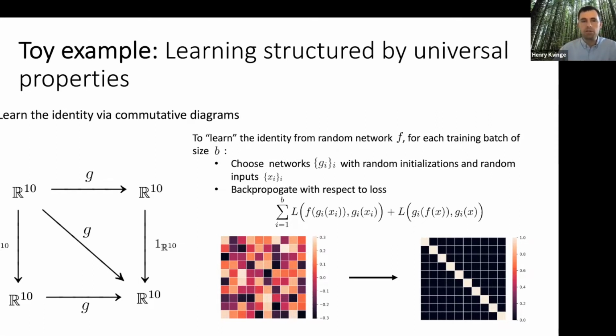And my question, which I don't have an answer to, is: are there categorical structures that are not obvious? I mean, I know how to make the identity matrix. I didn't really need to learn that. Maybe there are things that I don't know. Maybe there are things that have to be learned that are defined in a more abstract way like this, that it would be useful to explore. I don't know, but I think it's interesting to speculate.